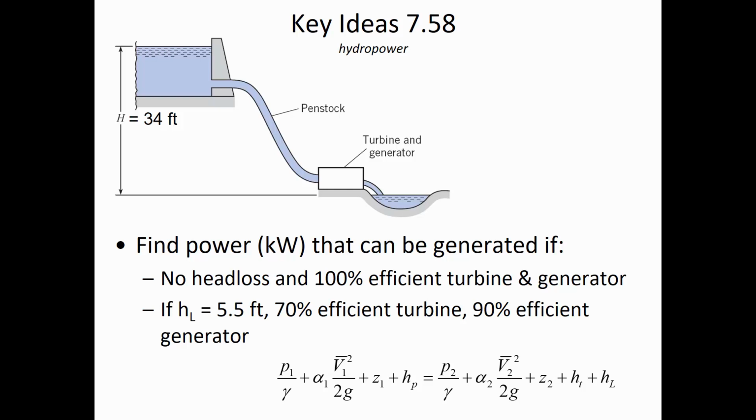All right, so it can be generated if there's no head loss, 100% efficient. So for this first part, you're just using the power equation, but how does the power equation work when we are in traditional units, like this 34 feet? Well, what you could do is you could change the 34 feet into meters, and then